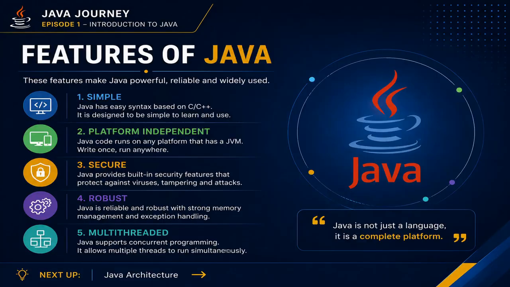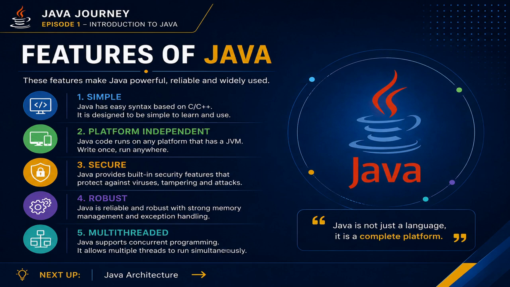Now, let's look at some important features that made Java one of the most powerful and widely used programming languages in the world. These features are actually the reason many companies still trust Java even today. The first feature is simplicity. Java was designed to be easier than many older programming languages. Its syntax is clean and easier to understand for beginners. For example, if you want to print something in Java, you can simply use